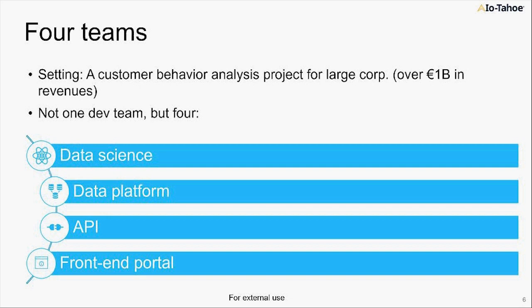And that's why we have these other two teams. The one is the API team that basically creates an API that on one side is consumed by the front-end portal, which is used by the business people, but on the other side, it's also consumed by other business processes and other platforms throughout the company. And the idea here is to have a single point of interaction when it comes to customer segmentation and analysis